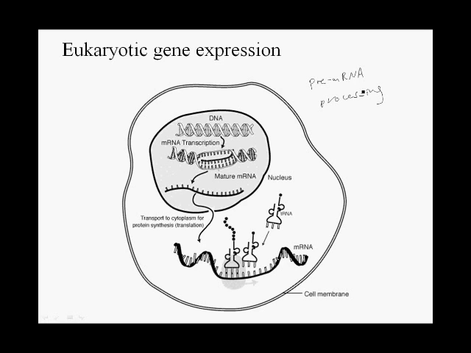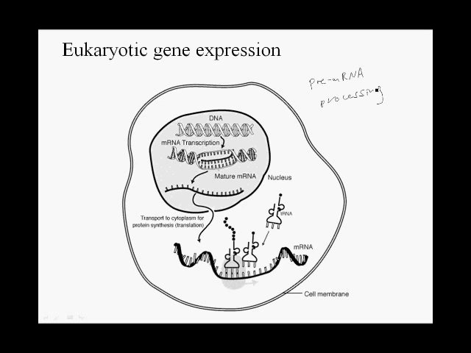Now I want to make a couple of points here. First, not all transcripts are messenger RNAs. Remember, there are ribosomal RNAs. Their genes are encoded in the DNA, and RNA polymerase makes lots and lots of ribosomal RNAs. These ribosomal RNAs undergo some processing, but then they go out into the cytoplasm and are assembled to make ribosomes. In addition to ribosomal RNAs, the next major class of RNAs that a cell makes are pre-mRNAs. These are RNAs that encode proteins.